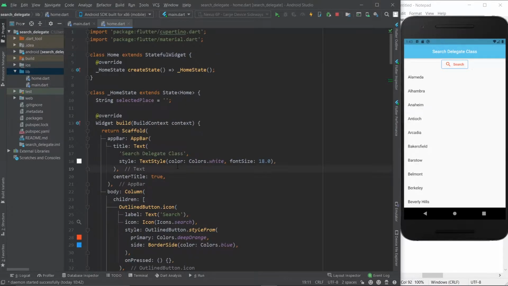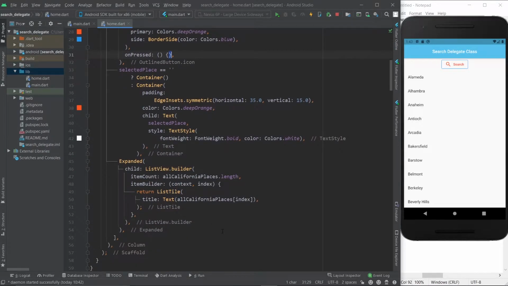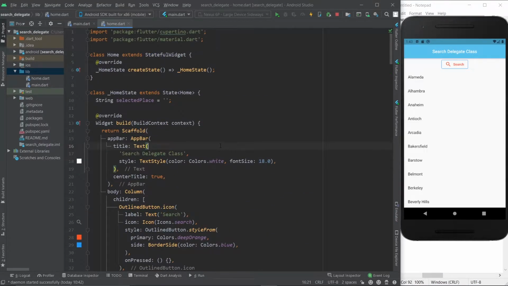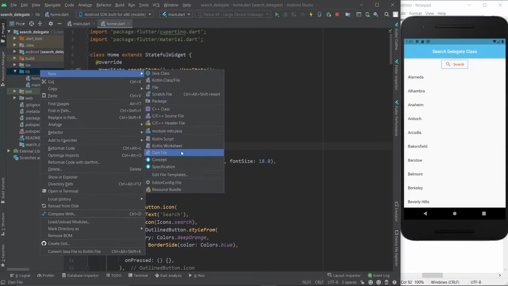So in your project, just make sure you have a button to search. As you can see, this one has the icon and it says search, and it's a little bit styled, but the on press is empty, and then you have to show the list. Or maybe you don't want to show the list here and you just want to show it on the next screen. It's up to you. What matters is that you understand that the list that will be shown on the next screen will be the suggestion list. But anyway, the first thing you want to do is create a new Dart file, like so,